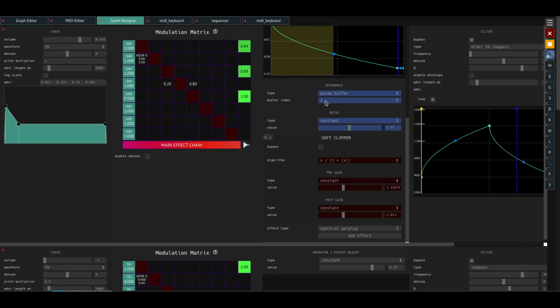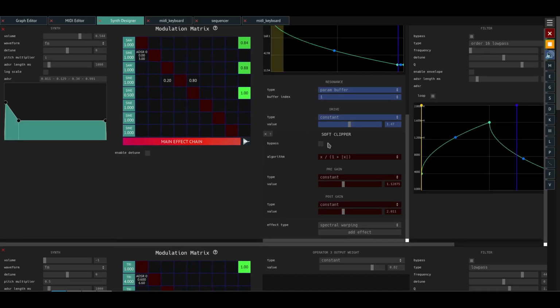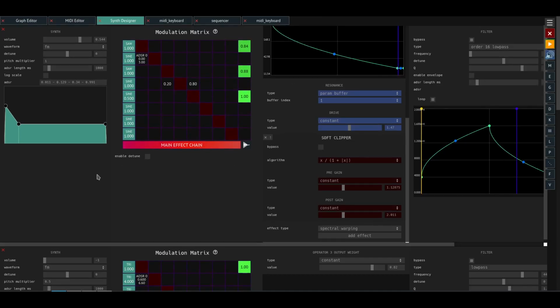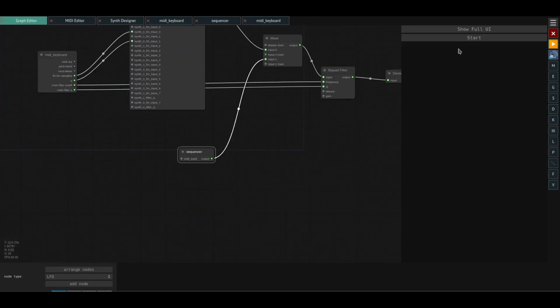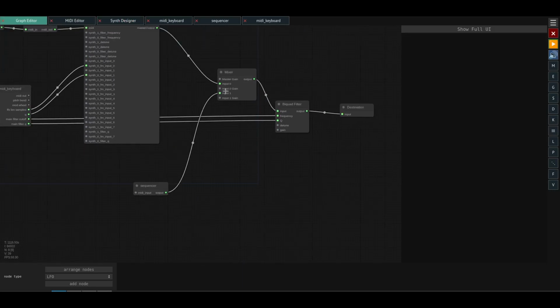So yeah, everything's very modulatable. I have another soft flipper here, just giving it a little bit more volume and adding a bit of distortion. But other than that, that's pretty much the gist of what's going on in this patch. We also have a sequencer here, which if you want to hear it on its own,